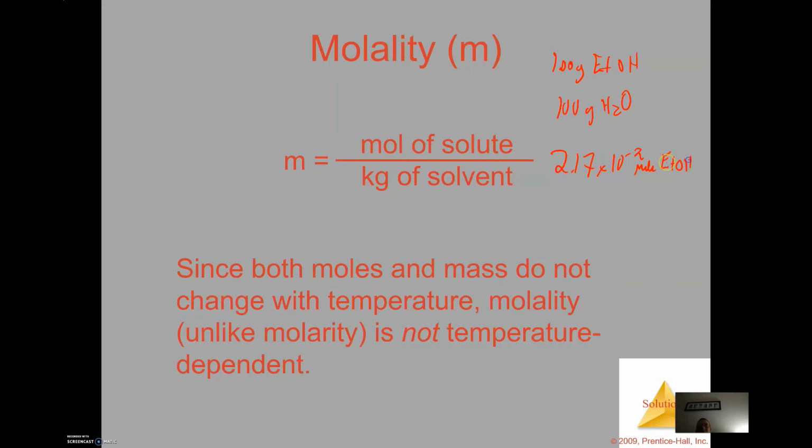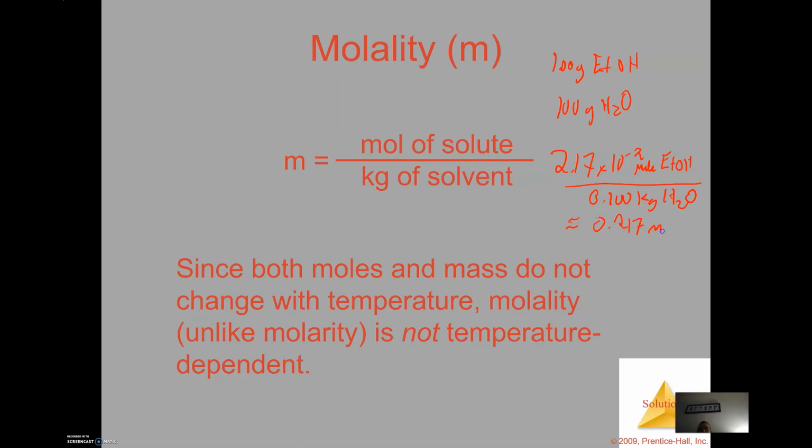Now, we need to know the mass of water in kilograms. So water is your solvent. So 100 grams is going to be converted into 0.100 kilograms of water. So we take 2.17 times 10 to the negative 2 and we divide it by 0.1 kilograms. And so what you end up with is